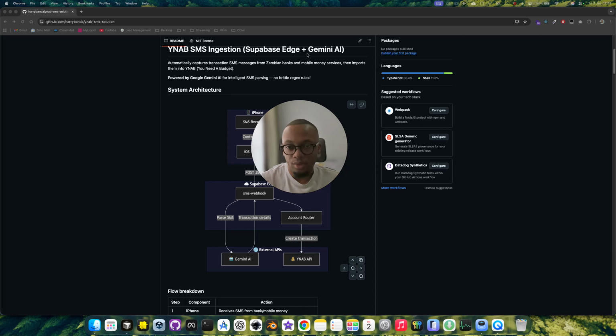Now, in many countries, YNAB also supports bank integrations, meaning if a charge happens on your account, it can automatically pull that transaction into YNAB. But bank integrations are only available for certain banks, and as far as my situation goes, there aren't any reliable integrations for banks and wallets in Zambia. So I thought